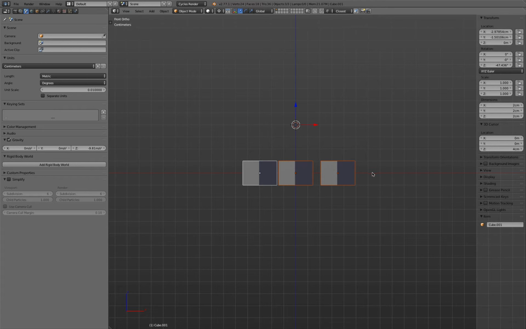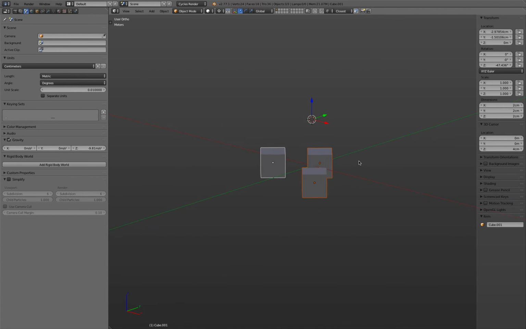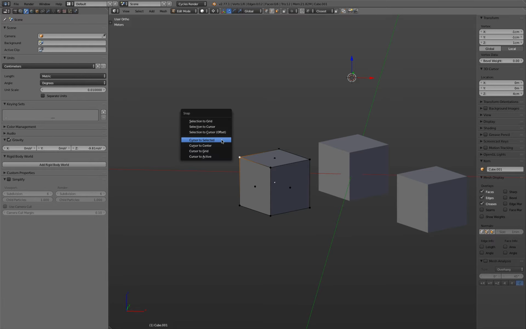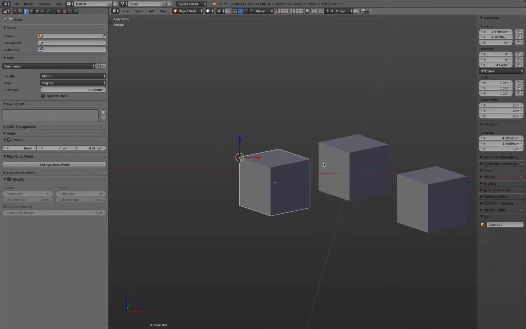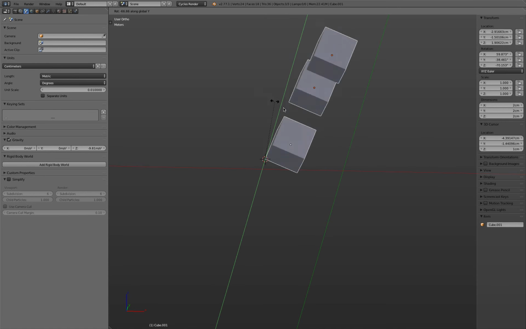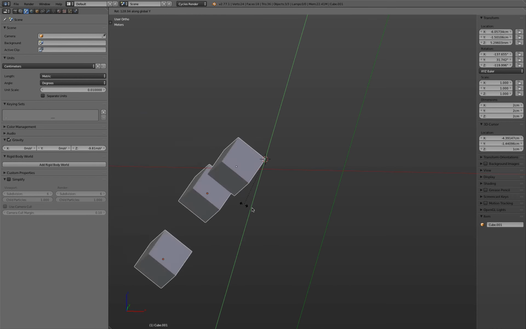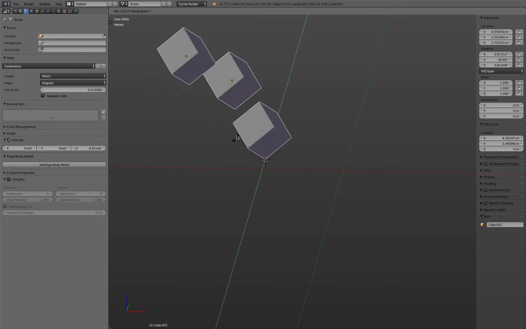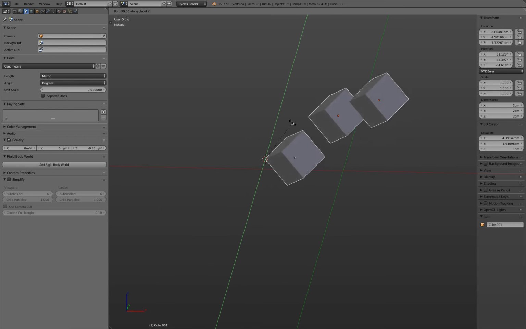G doesn't really do anything because we just move everything. Okay. I could also say this point, Shift S, cursor to selected. This is actually the point. Then leave edit mode, U, and then R and Y and U. Now you see everything rotates around as it looks like it rotates around the vertex of that cube I selected,